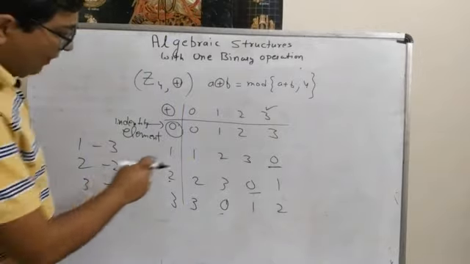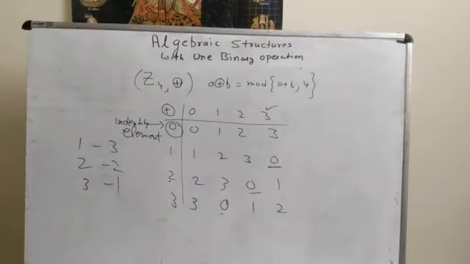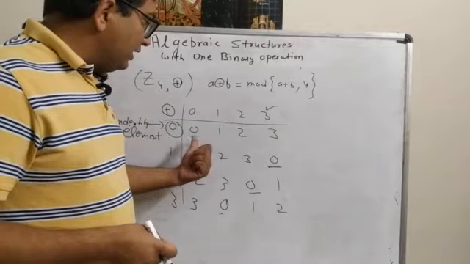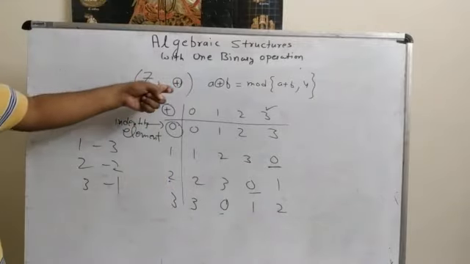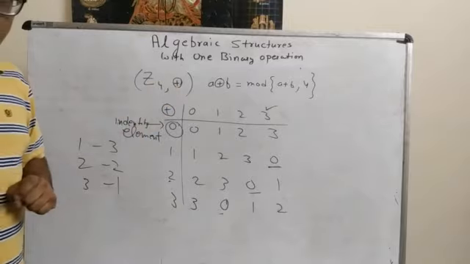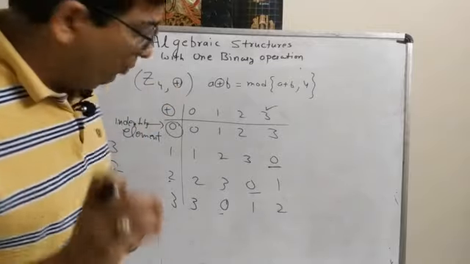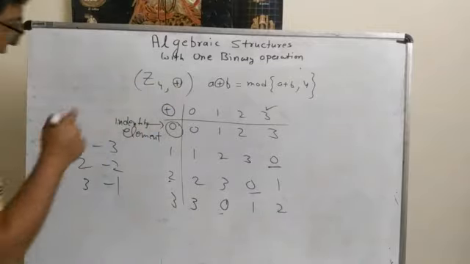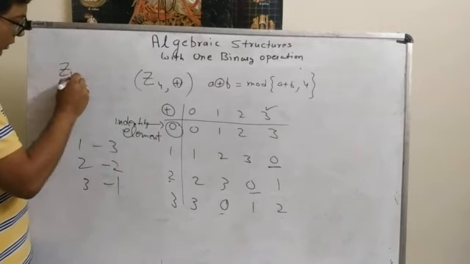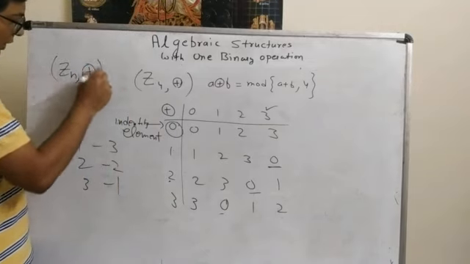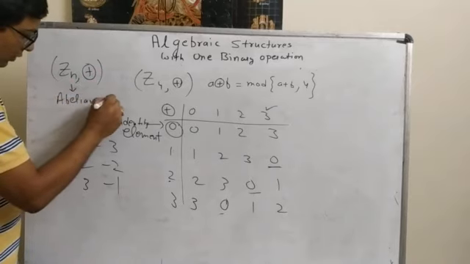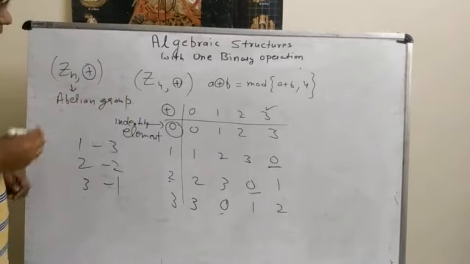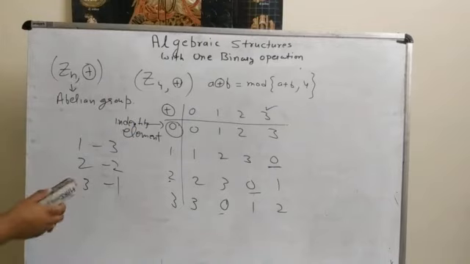Moreover, we can see this matrix is a symmetric matrix. So again, by the composite table we can say that this plus operator is commutative in nature. So this Z4 with modulus plus is an abelian group. And we can generalize the thing also: Zn with plus is an abelian group.